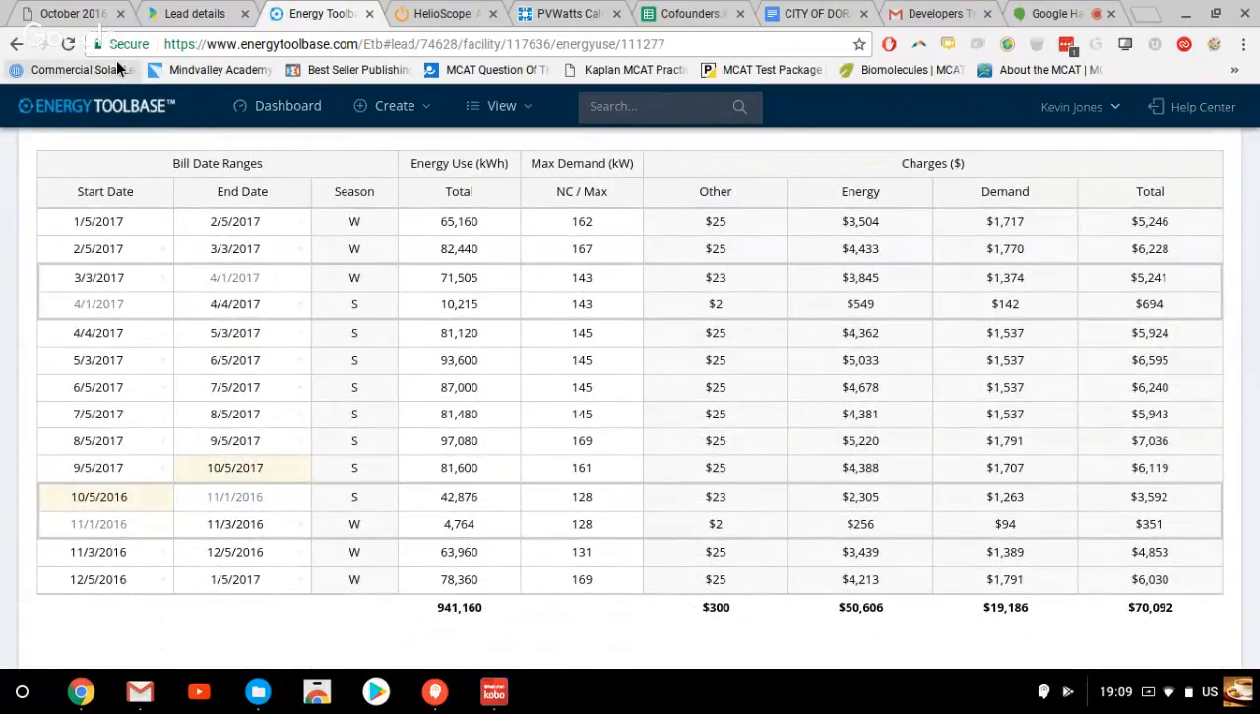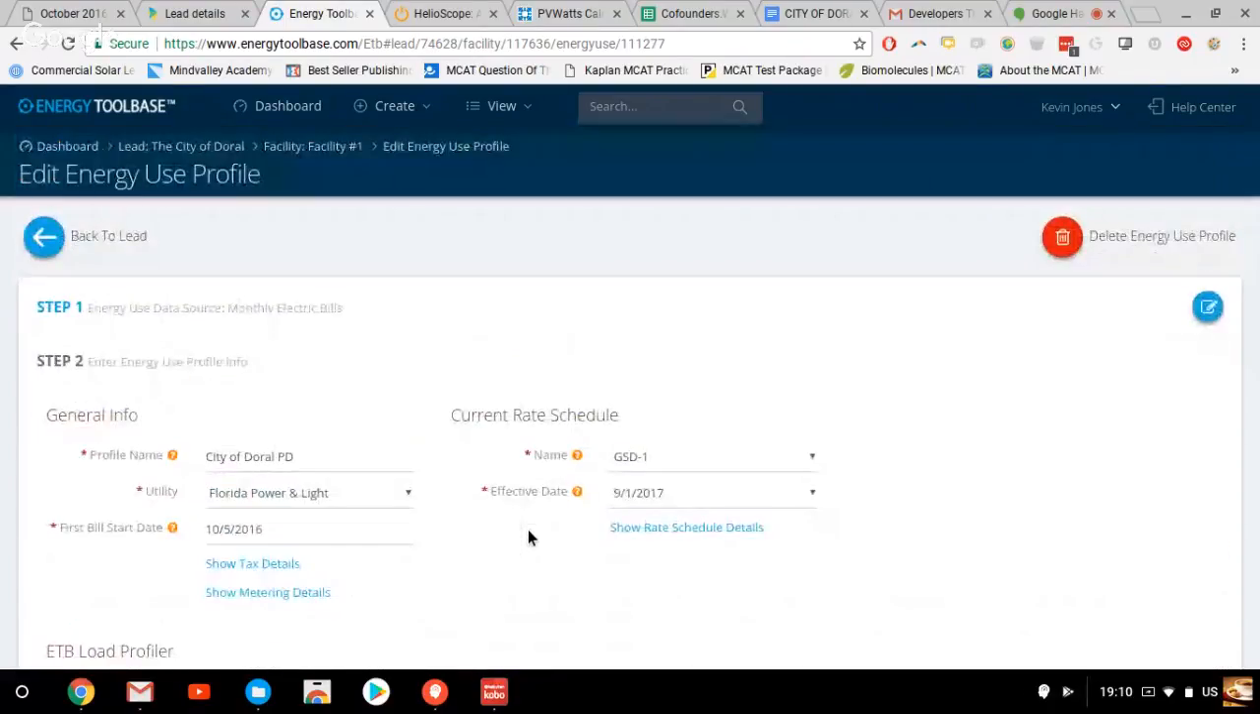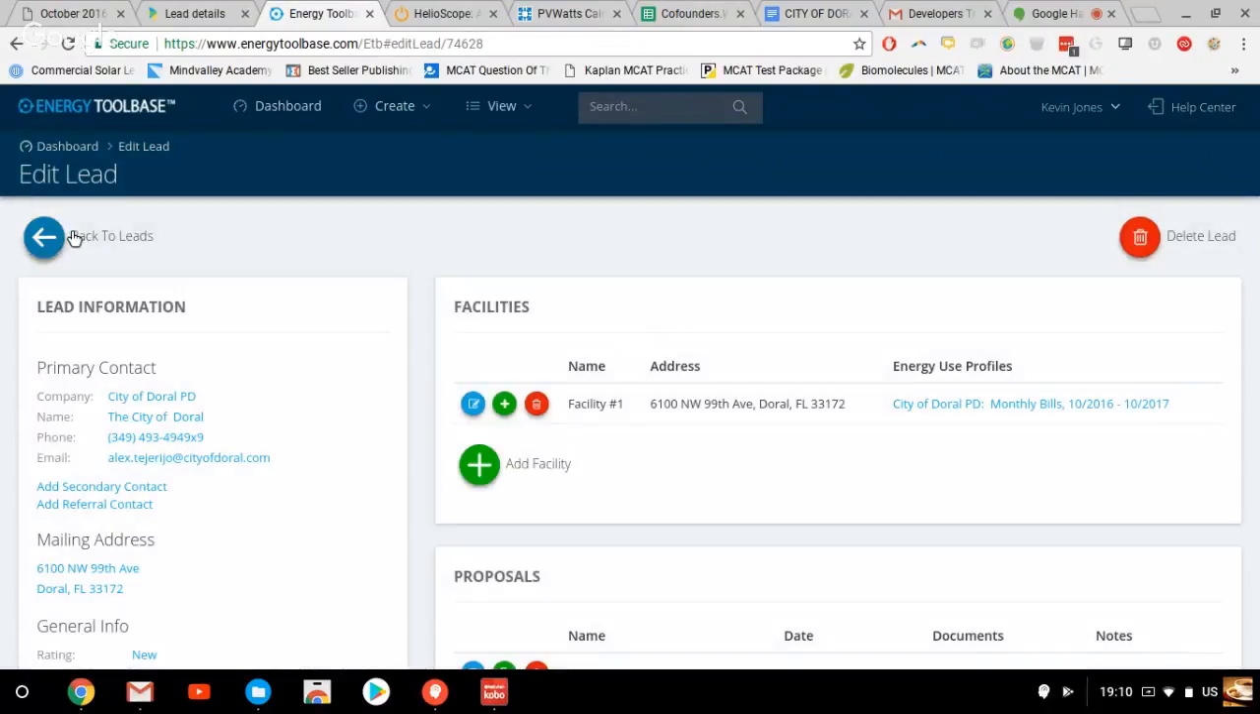So what you need to do, and why you need the bills, is you need to fill in the total kilowatt hours used over the year, month per month, as well as the demand charge. And once you have filled that in, you get these numbers all here. You click save, and you've completed the first half of the first part of developing an LOI, which is putting